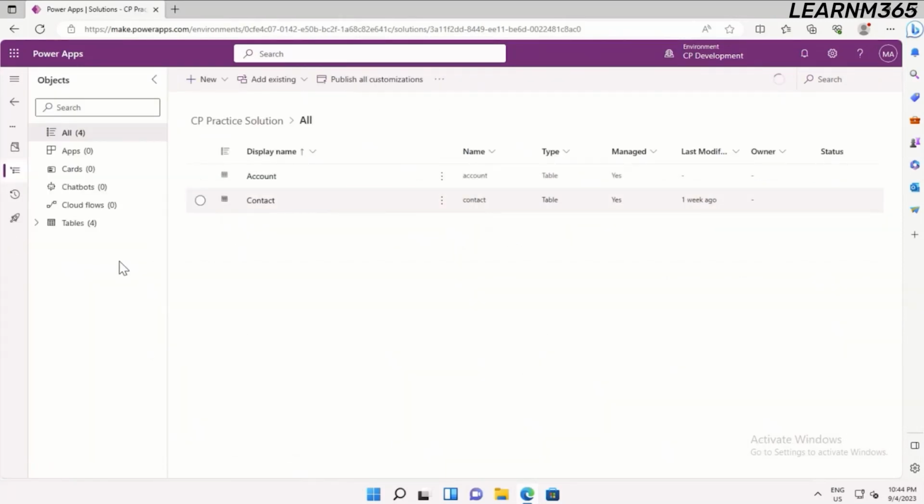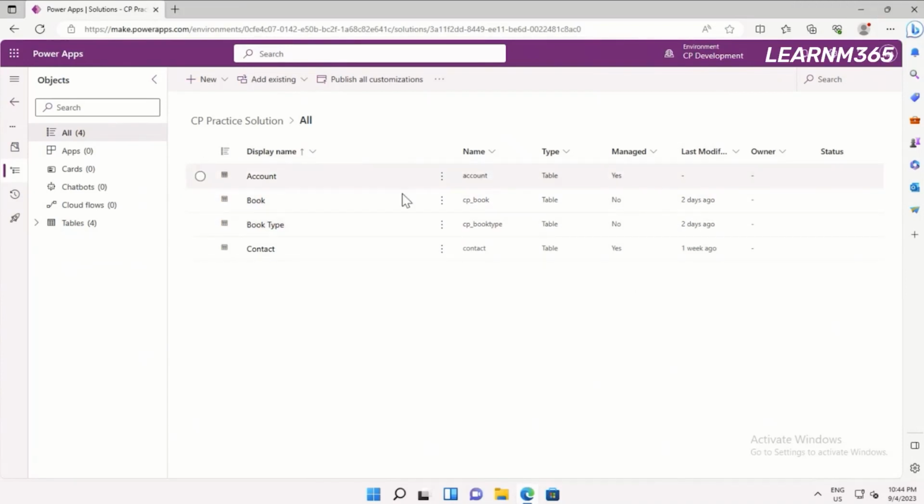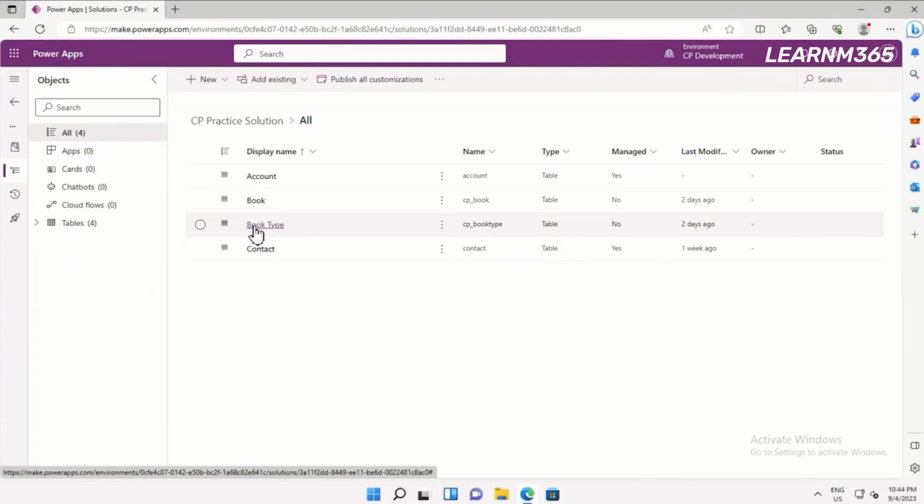At present in my solution, I have 4 tables available. I wanted to create a model-driven application in the context of book and book type. So my model is already ready. Now I wanted to configure the forms and views. So let's start with the book type first. I open the table book type,